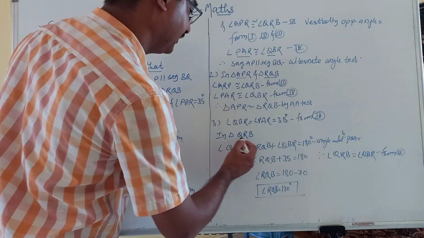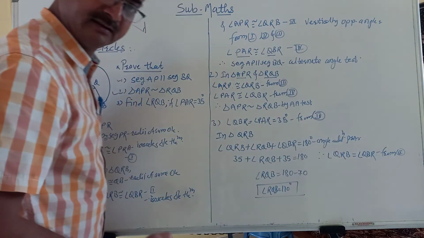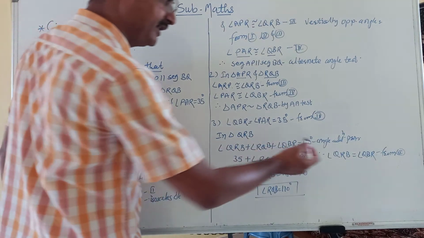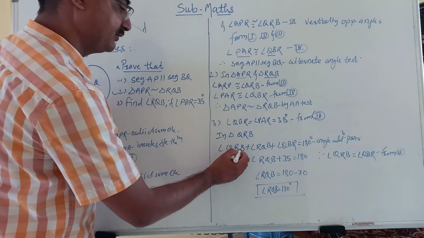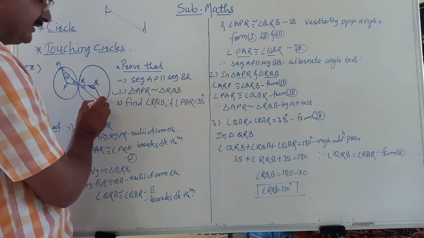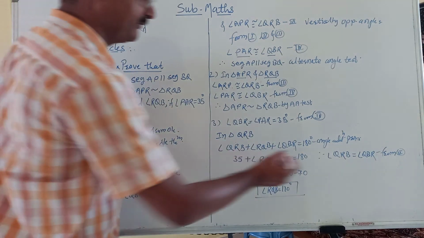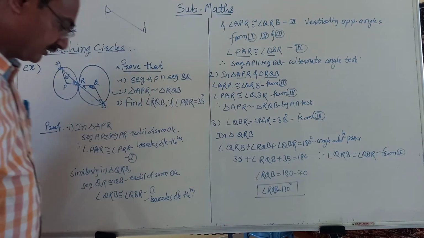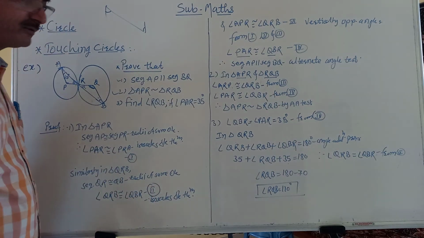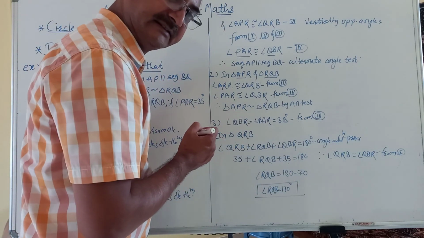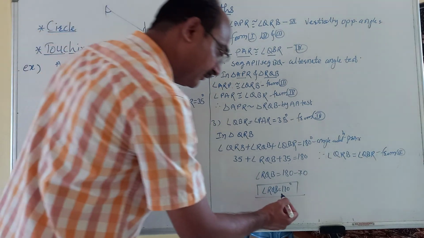So in triangle QRB, take the addition of these three angles. We know the angle addition in a triangle is 180, angle addition property. So now here we write this QRB is 35, this is 35, this is 35, and then we have to find RQB. Here we write the reason: these two angles are congruent, because in the second we already showed QRB and QBR are congruent. So now 35 plus 35 is 70. When 70 goes to that side, minus. So 180 minus 70 is what?